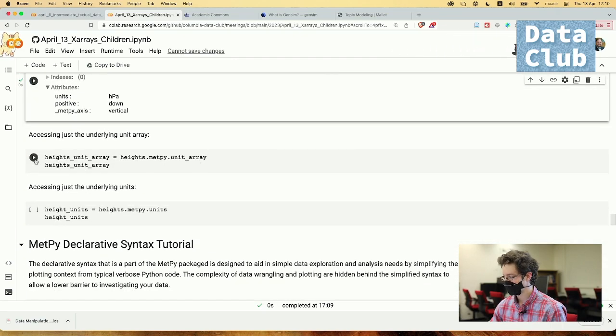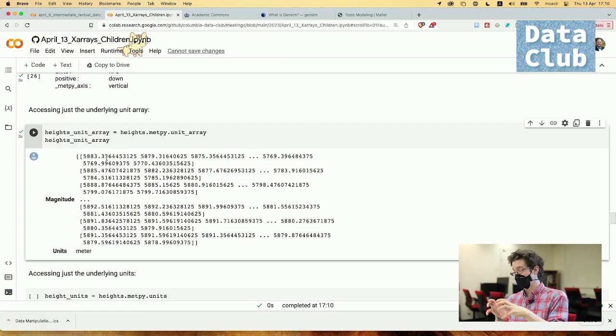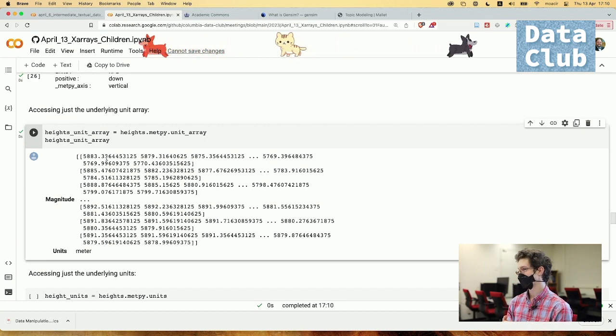You also, within MetPy, can always reach in and select the underlying array. For all of Xarray's strengths, it is not as fast as pure NumPy. Anytime you're adding layers of something on top of pure code, it won't be as fast. Just like it's very hard for Python, even if it's wrapping C, to be as fast as pure C code. Just like pure C code is not as fast as machine code typically, but nobody can write in machine code,